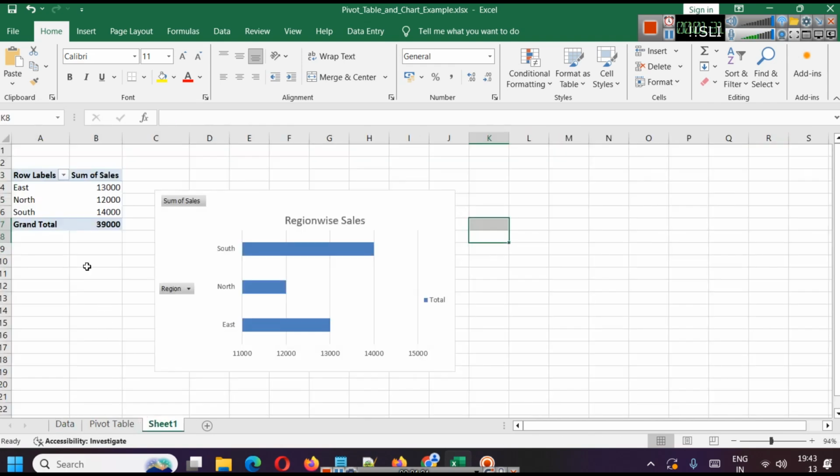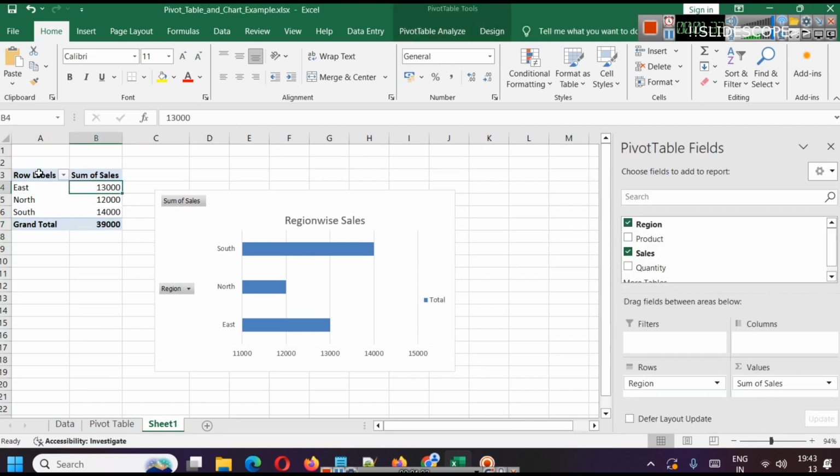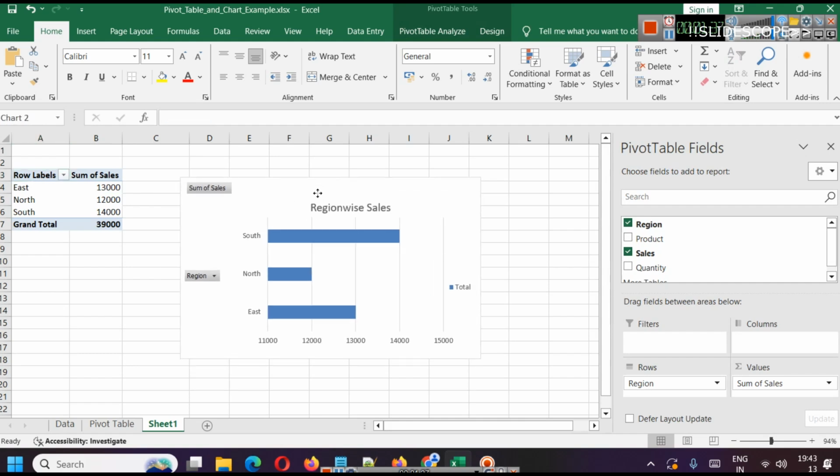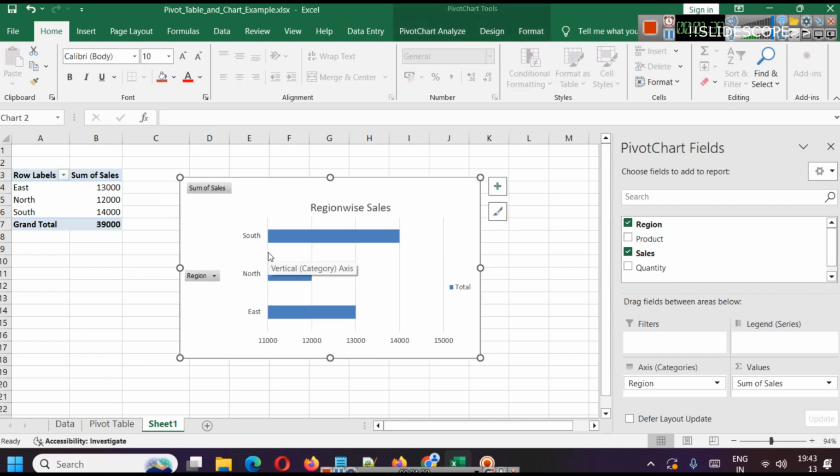But what we have done here is, in the pivot table we are able to show the graph, which is a summarization. So like we are showing sum of sales, you can very easily show average sales, you can very easily do all of that. Now suppose